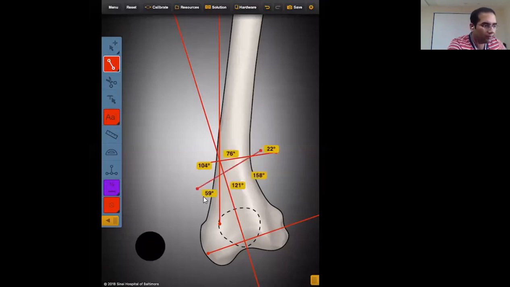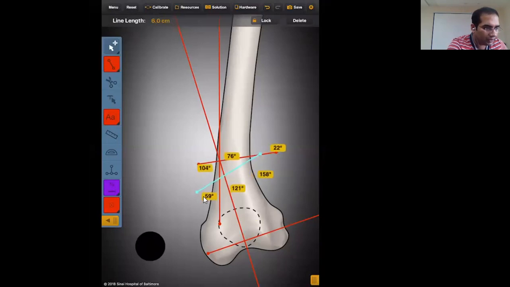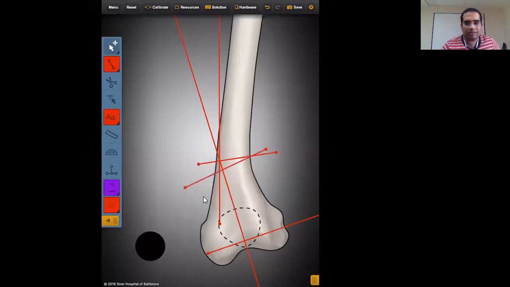So the point is, we will draw a 17 degrees line. Let us draw a 17-degree line over here. This is the amount. We want to correct 17 degrees. So the amount of bone that needs to be removed needs to be 17 degrees. If we remove 17 degrees of bone, it will give us 17 degrees of correction. So I've simply drawn a line which is at 17 degrees to my ACA. Now if you are doing this planning on a piece of paper, you will simply place a scale over here and measure this.